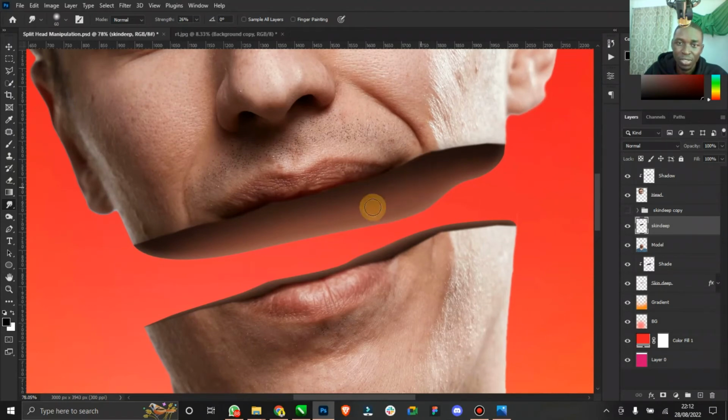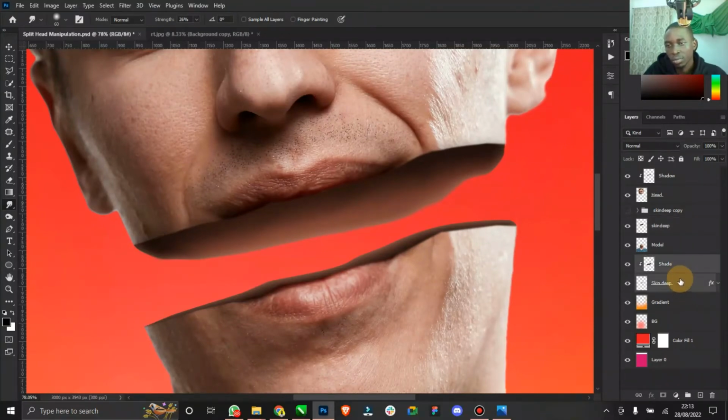Just paint across to apply smudge. So it looks more real than it is fake. The more real it is, the more we are able to